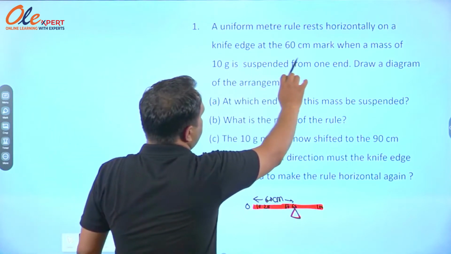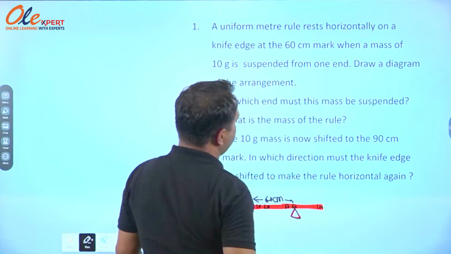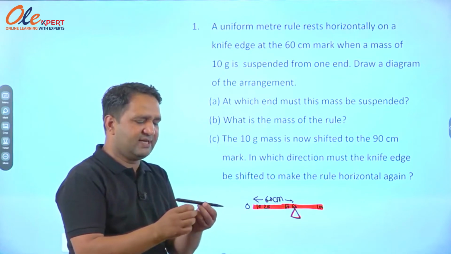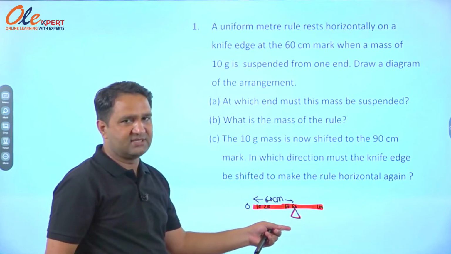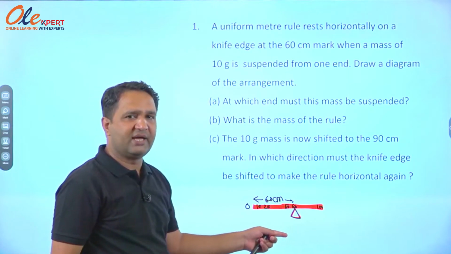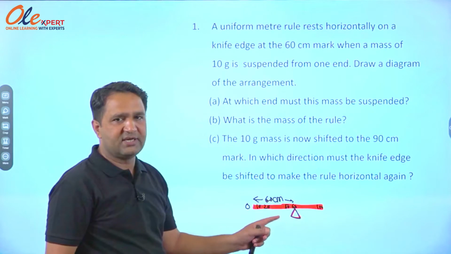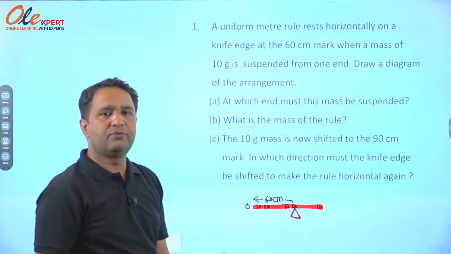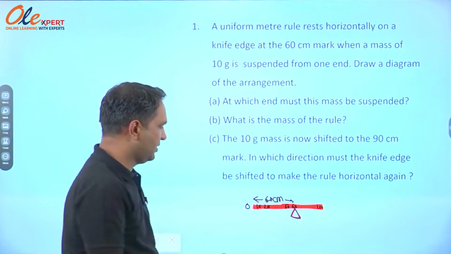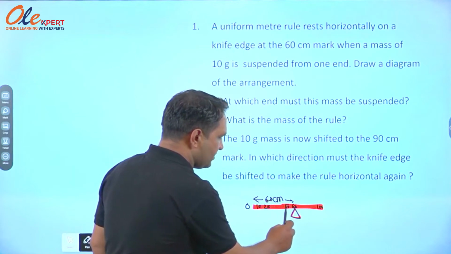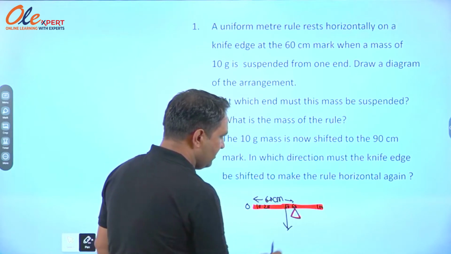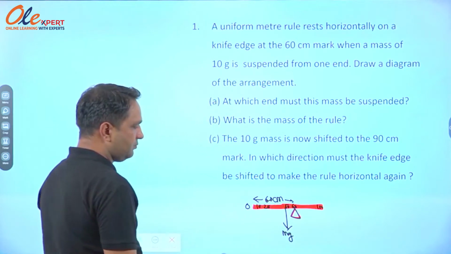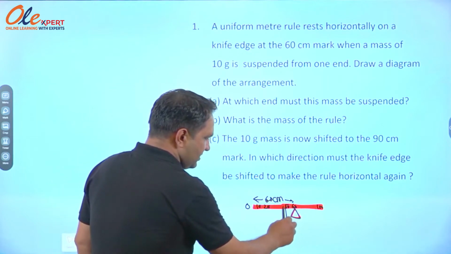Then what is the question? When a mass of 10 g is suspended from one end. Right now, since it is at the 60 centimeter mark, it will not be balanced. It will not be in the state of static equilibrium. To make it in the state of static equilibrium, we have to hang one mass at one end. So which end do we have to hang the mass? Since we know that the weight of this rule will act at the midpoint, at 50, here will be the weight of the rule, mg,